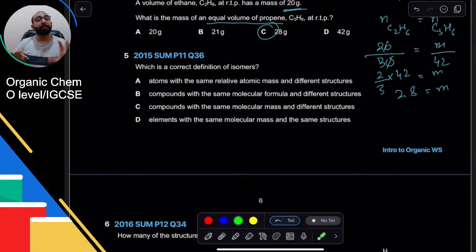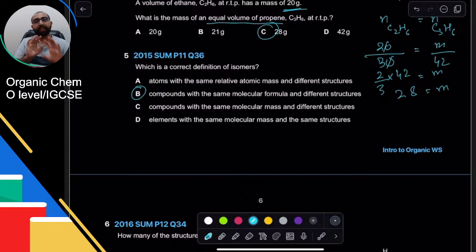एक्सेप्ट ये भी पॉसिबल है कि डिफरेंट एलिमेंट्स हों, कंप्लीटली डिफरेंट मोलेकुलर फॉर्मूला हो, लेकिन MR सेम हो. मैं आपको एक एग्जांपल देता हूँ. I have CO, इसका MR है 28, N2 उसका MR भी 28 है. So even though they're completely different compounds, कोई उनका आपस में सिमिलरिटी नहीं है, लेकिन they have same MR. So because of that, this option will be wrong. So B is the correct one.